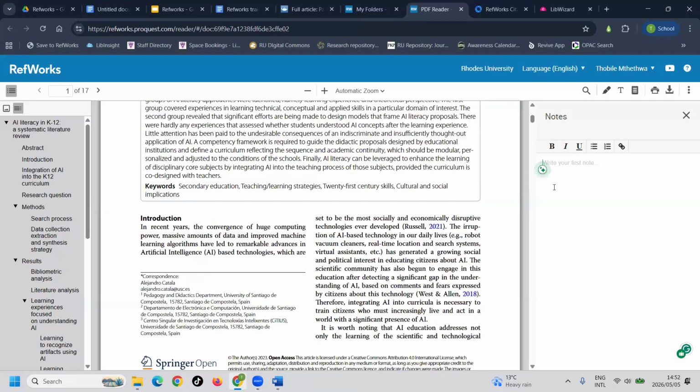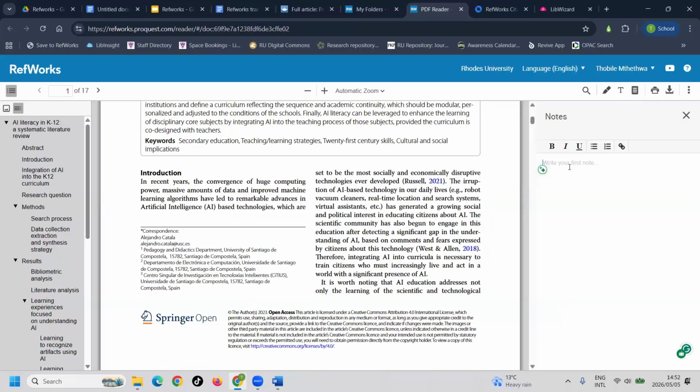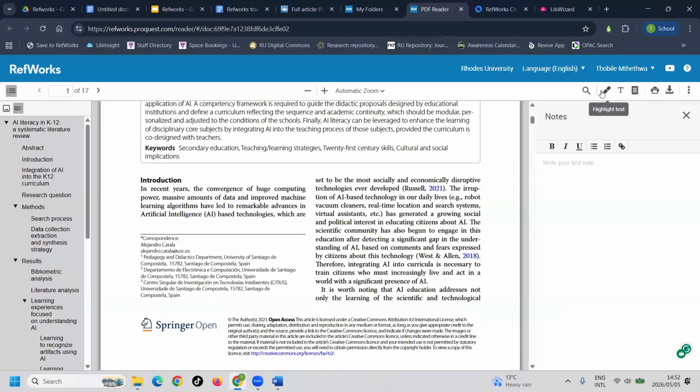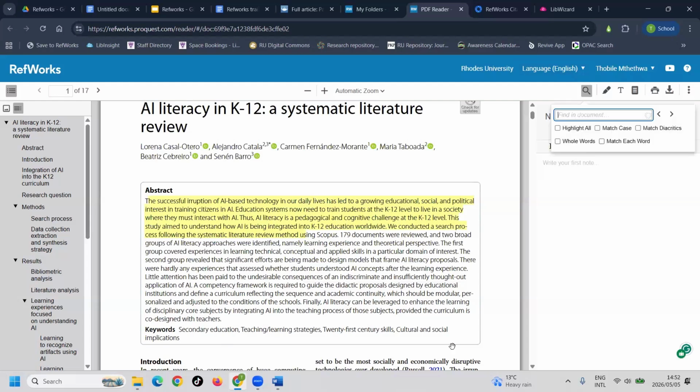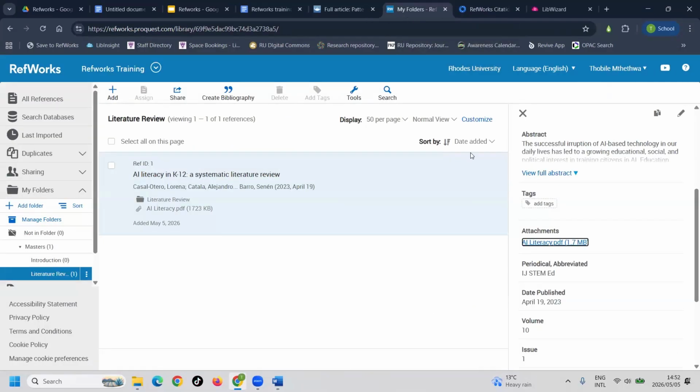Maybe you're reading and you want to put the page number and summarize as you're reading on the reference manager itself. You can also add text. So you can just navigate through this. You can also search within the document. All right, colleagues, I'm just going to close this and navigate back to my